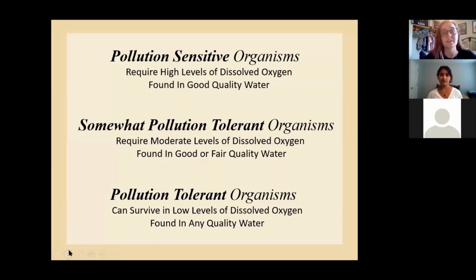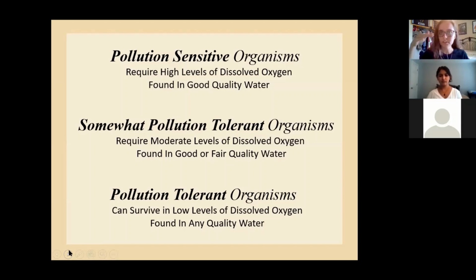And the reason that they're indicators is because each type of organism that at least we have in our field guide, which is on the next slide, so you'll get to see a visual of that. Each of these organisms has a known tolerance value. So really what that means is that they can be put into these categories. We know how sensitive each type of organism is to pollution.